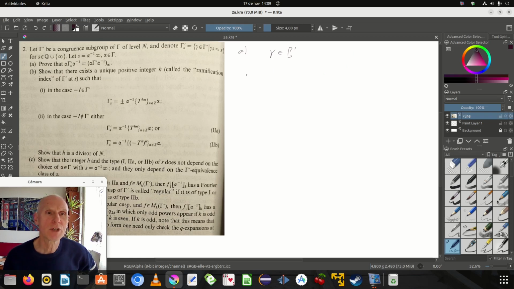If we have such a gamma, then we shall prove that the right-hand side is true, so that this is a subset of that. And we just do that,